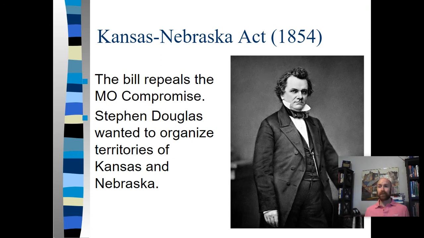And so the Kansas-Nebraska Act is going to essentially repeal the Missouri Compromise and that idea of 36°30′. Stephen Douglas is going to justify that by saying, well, we're a democracy, and 36°30′ takes away your ability to vote for whether or not you want slavery. And so he champions an idea called popular sovereignty. He says, let's just let the people of Kansas vote, right? And if we're a democracy, they'll become free if they want to be free.